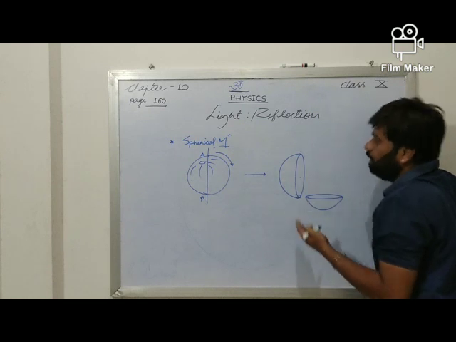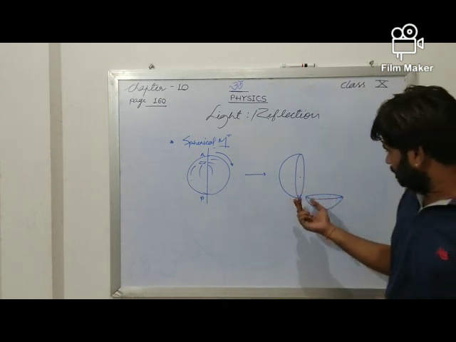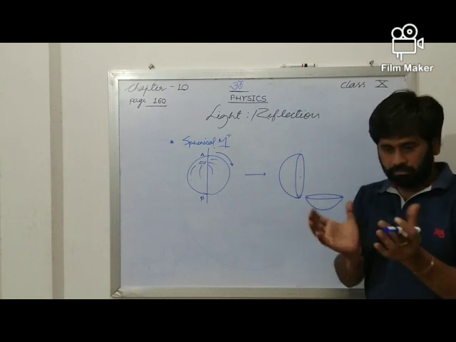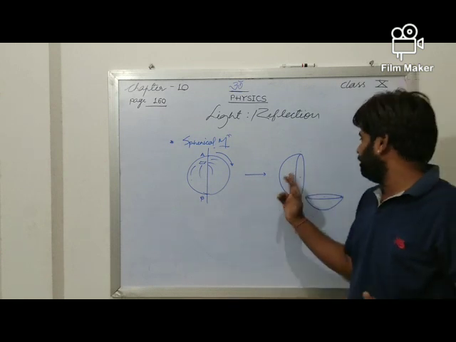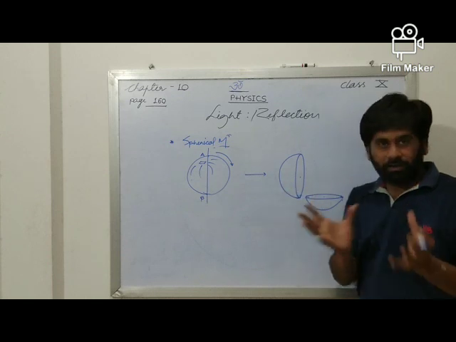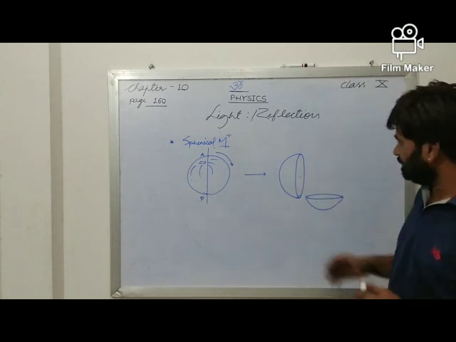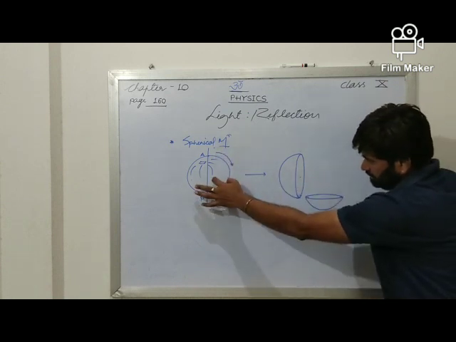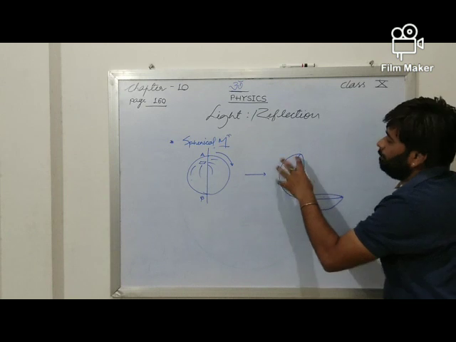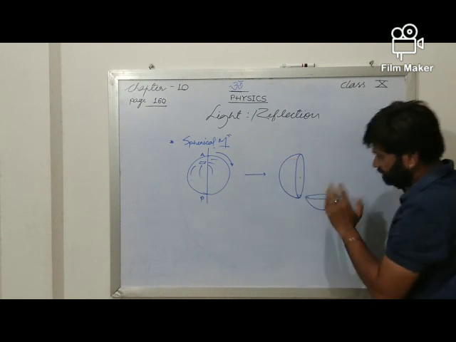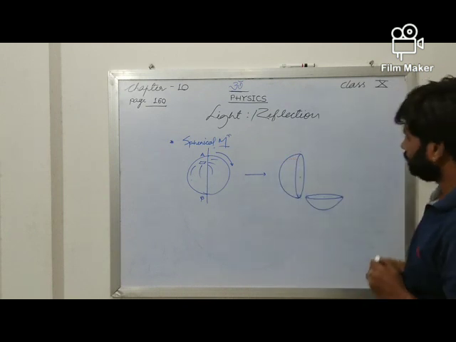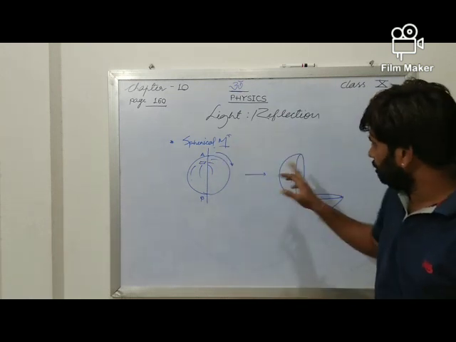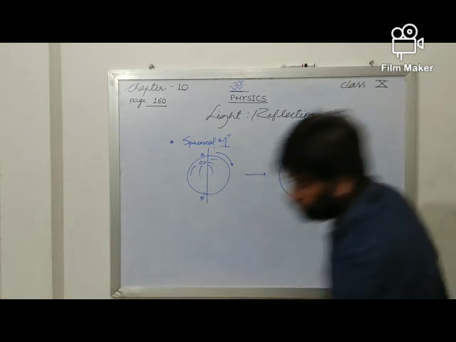Now this was the sphere, and half part, in our daily life such a thing we used to see, like a bowl. In our kitchen we used to have a kadai, like that. The same thing is there. So when I cut the sphere, I have this half part. This is the basic concept behind the spherical mirror. Now, how to show this?